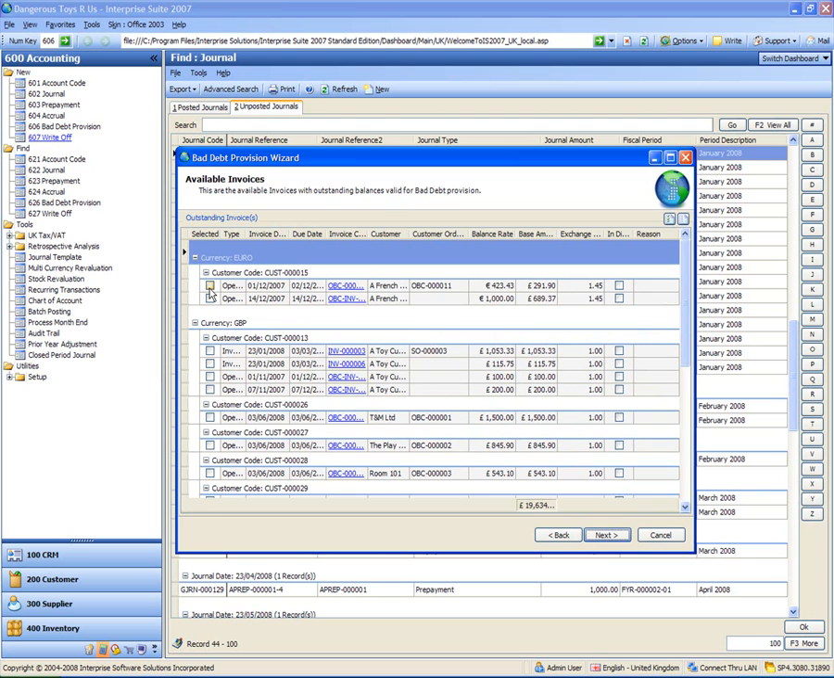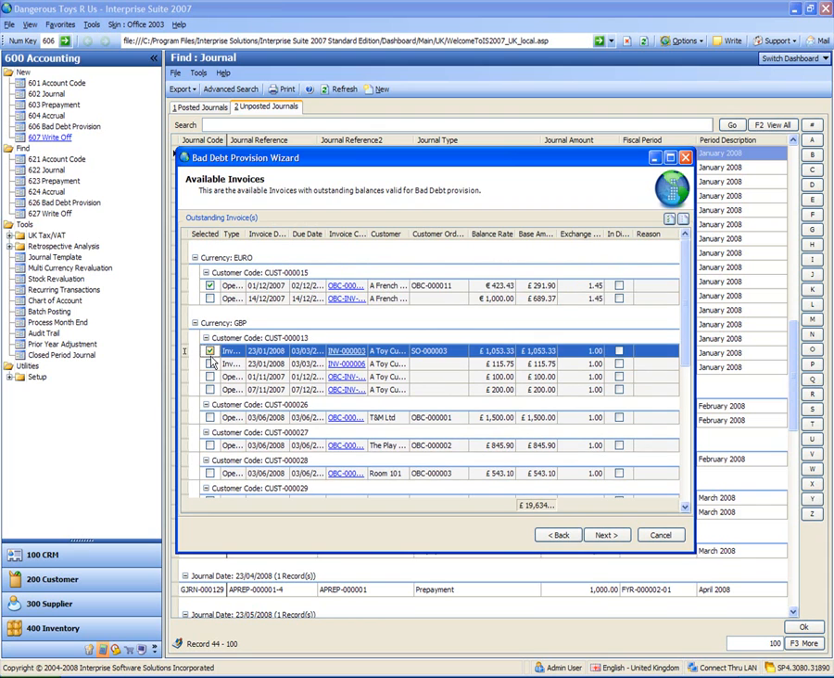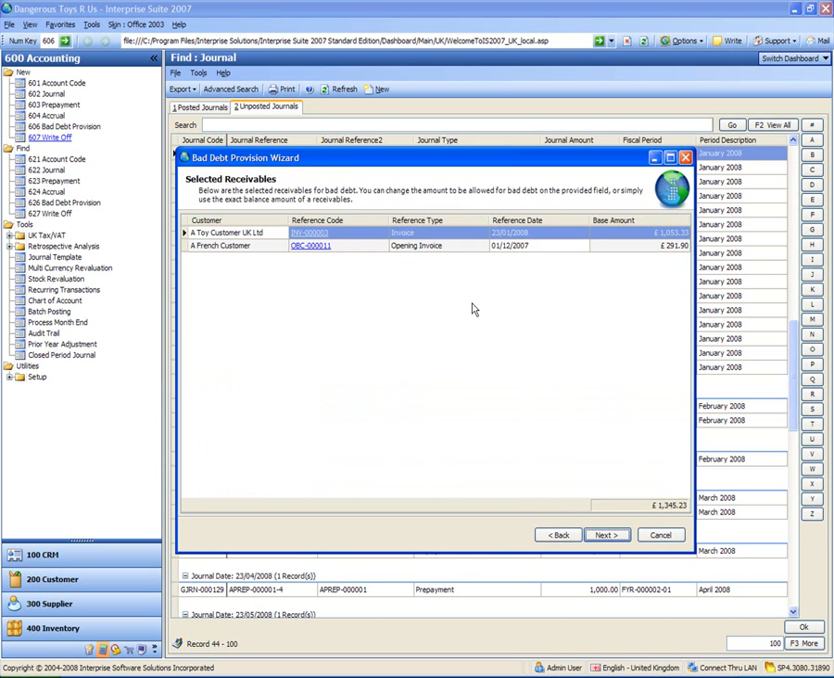Now I'm going to take one of my opening balance for my euros, and I'm going to do one of my UK customer ones. So that's invoice 3 and OB 11. Okay, if I go next, it'll show me a breakdown of what exactly it's going to do, and you'll note that this is the base value, not the foreign value for this. If I go next again,